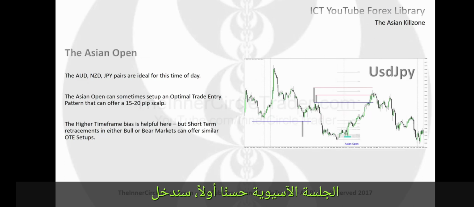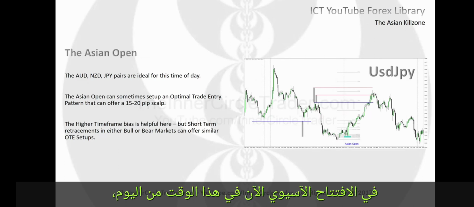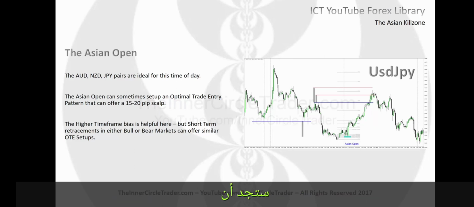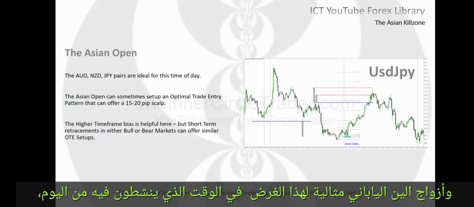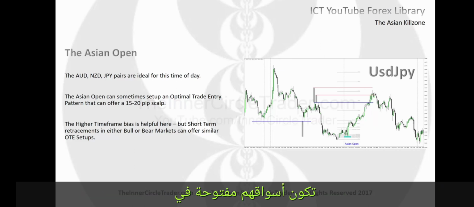Okay, first we're going to get into the Asian Open. Now, this time of day, you're going to find that the Australian dollar, the New Zealand dollar, and Japanese yen pairs are ideal for this time of day. They're active, their markets are open at that time, and it goes without saying that if their markets are trading actively as it relates to their specific currency and country of origin, this small little window of opportunity for North